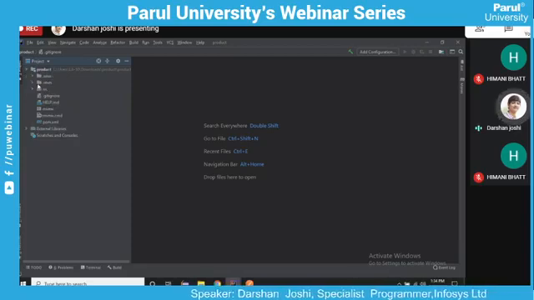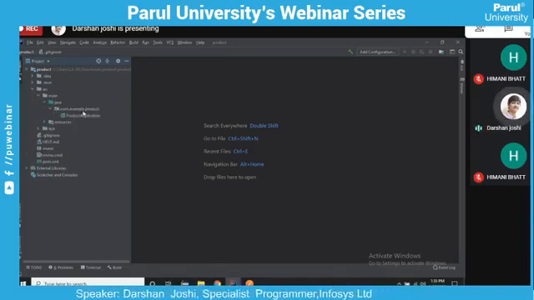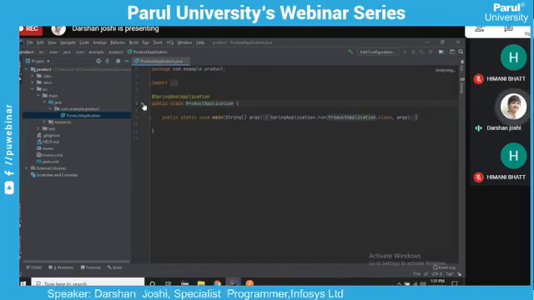Yep, it's opened. You can see the project. It's a Maven project, that's why it has .mvn. You don't have to do anything. It's a ready-made project with only one application class. You can just run this application.